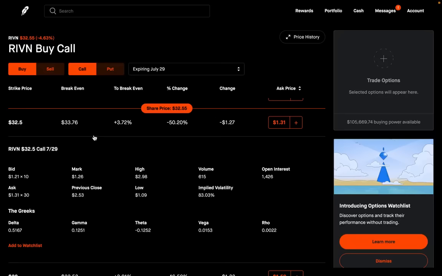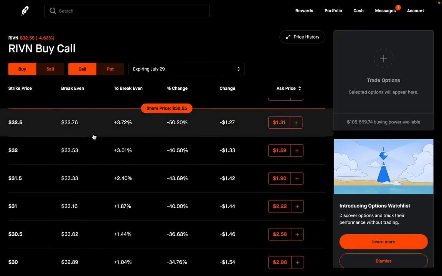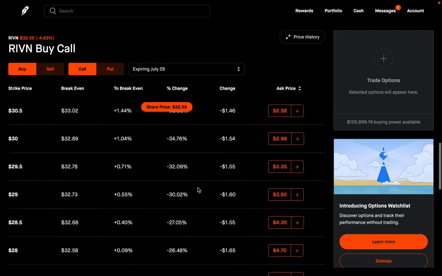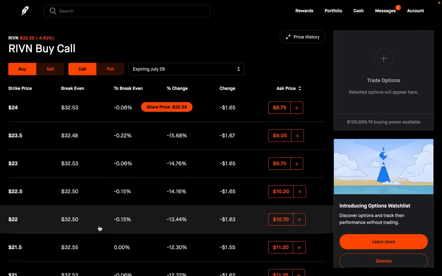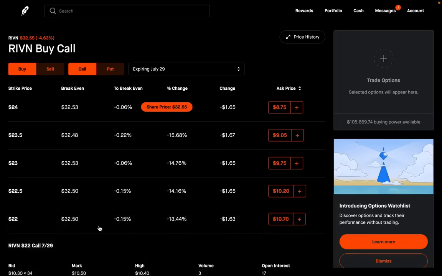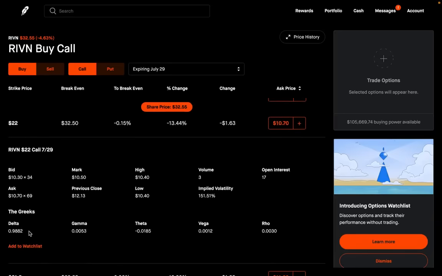Now, the other thing that I want to mention here before we take a look at puts is that if you go further in the money here, right? So for example, if we take a look at the call at the $22 strike, which is in the money, right? This is an in the money call option. Notice that delta now is closer to 1. So delta here is